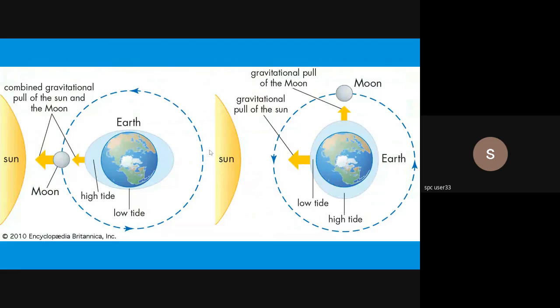Coming to another aspect of movement of water is tide. Tide is a periodic movement. It's the first word that is important. Secondly, it is based on the gravity of the sun and the moon. Now you would say that there is no comparison between the gravitational forces of the sun and the moon. Yes, definitely. But because the moon is much nearer to the earth as compared to the sun, you'll see that